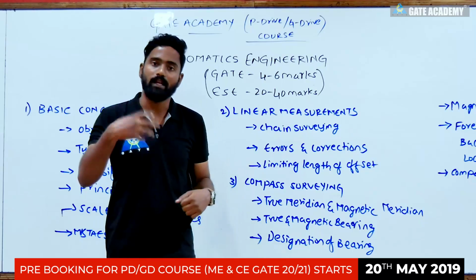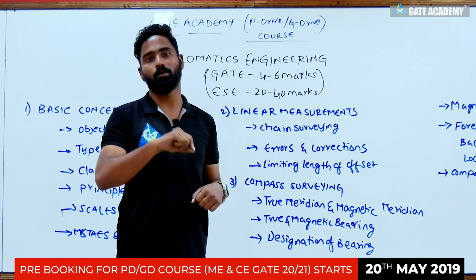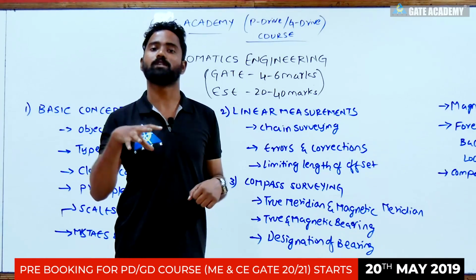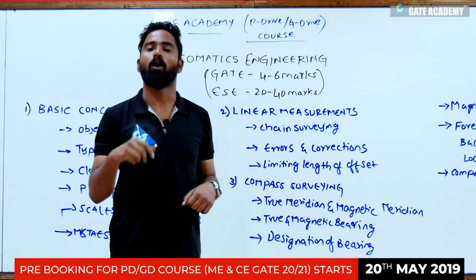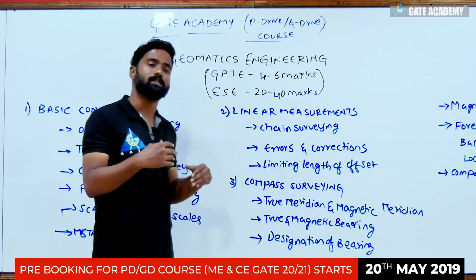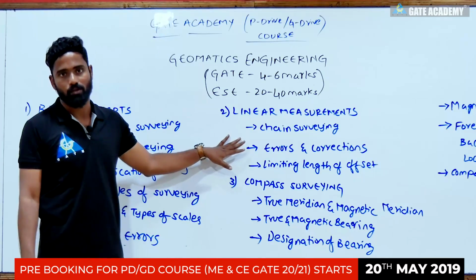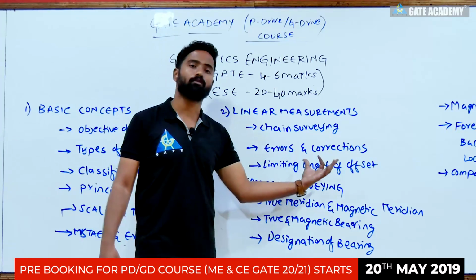And how much less? It is very less, that is 0.035, and all those things. Limiting length of offset by angles also we can calculate. How you are going to calculate, we will see in our PD course. But that is the idea. Limiting length of offset will also be